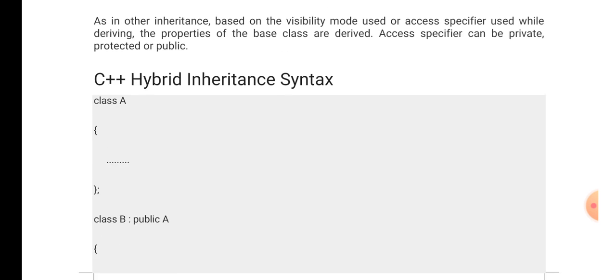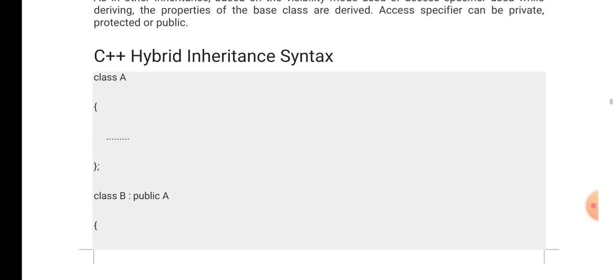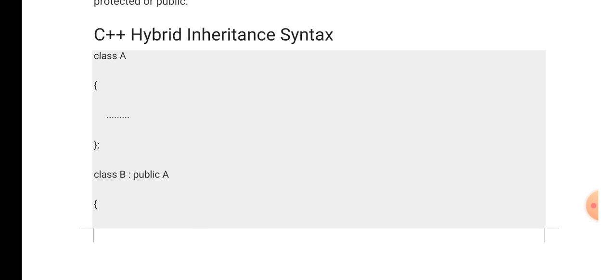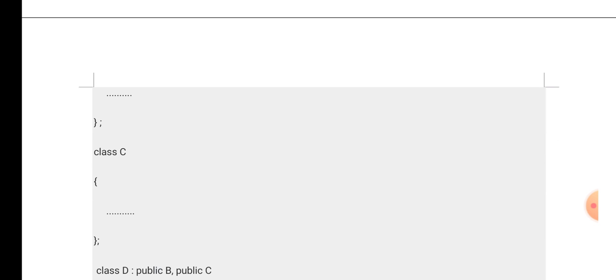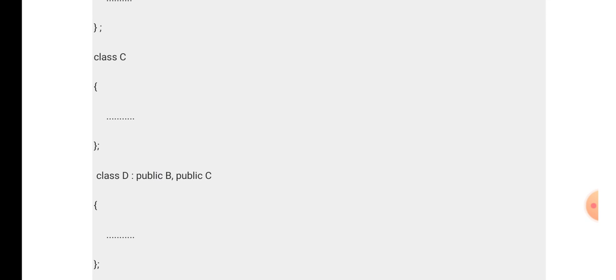Here the syntax is given for C++ hybrid inheritance. Class A is defined first, and class B is inherited from public A, so class B is the child class and class A is the parent class; single inheritance is implemented. Then we write the class C definition, then class D is inherited from public B, public C, and B and C are parent classes to the D class.